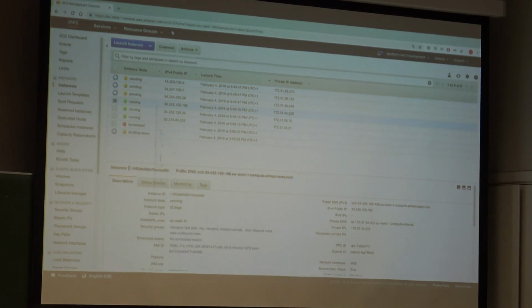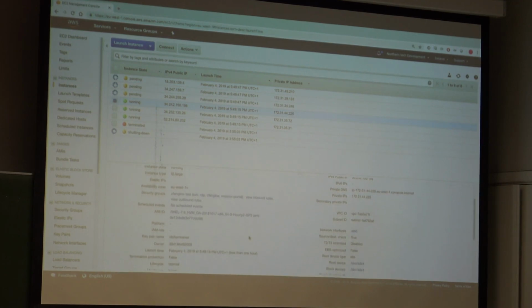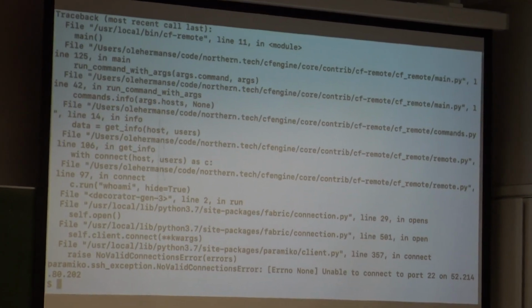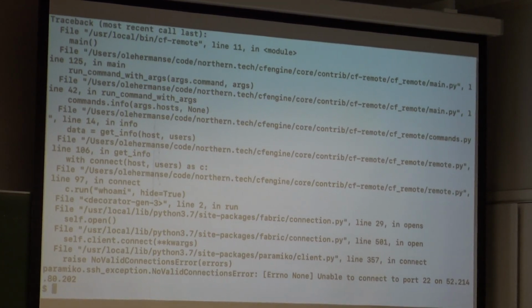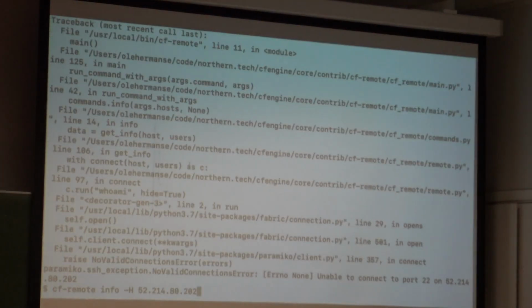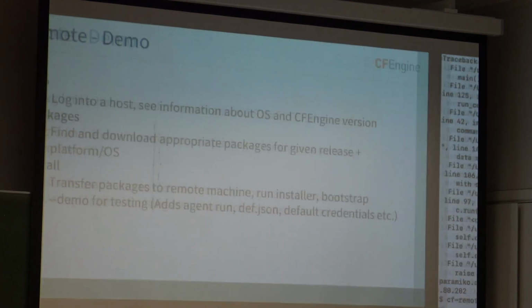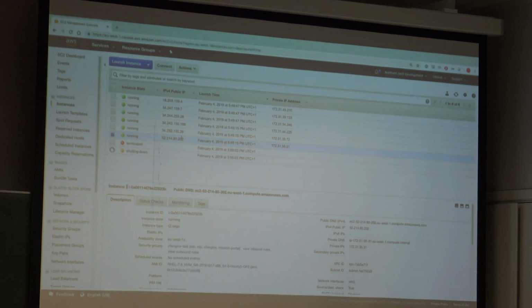We can see that the 3 first ones are already running, and let's install CFEngine on them. So we can say that this is our hub. So if I do cf remote info, oh, no valid connections. That's not good. Let me see if I get that right. If we don't have network to it, then there's nothing I can do, but